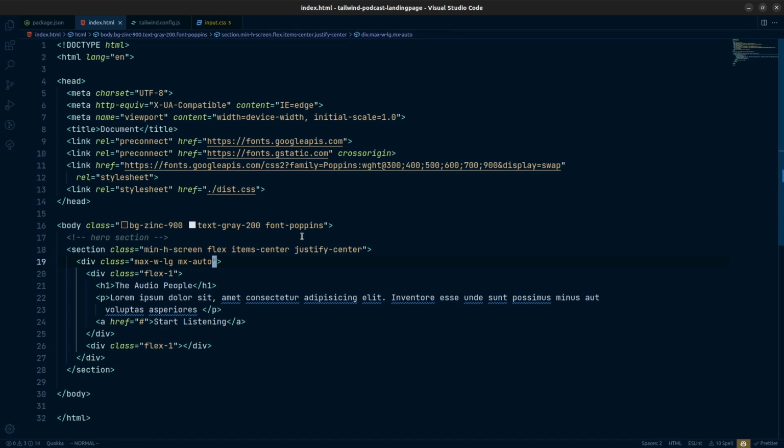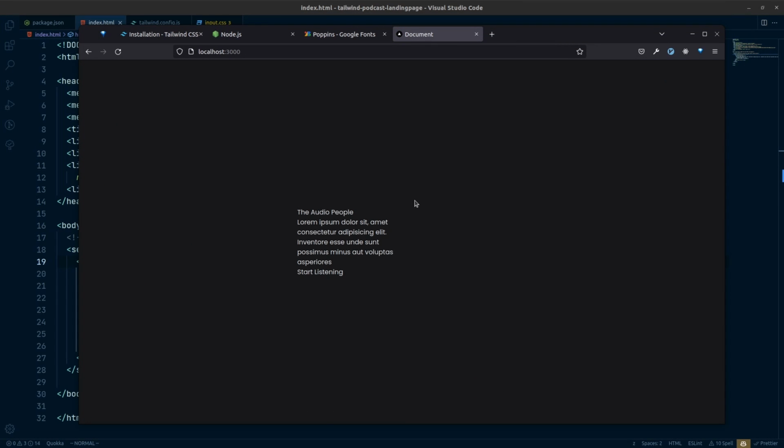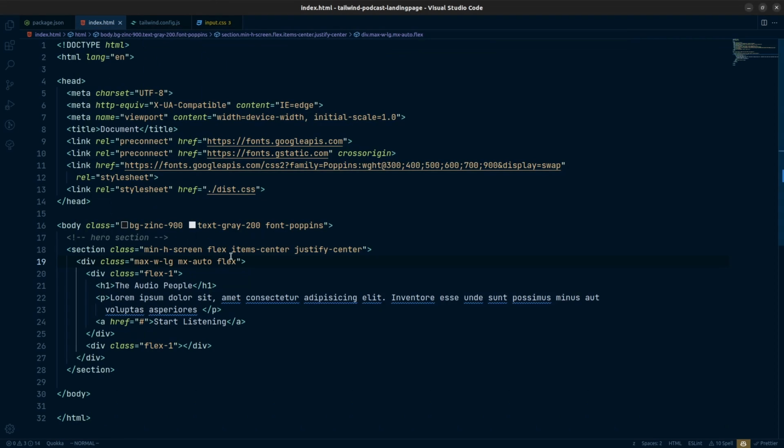So let's also have the flex here. If I do that, now it will be divided by half, you can see, because for the left we will have 50%, and for the right we will also have 50%. And for now, let's actually remove this flex,